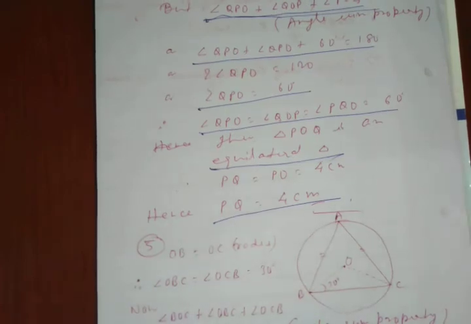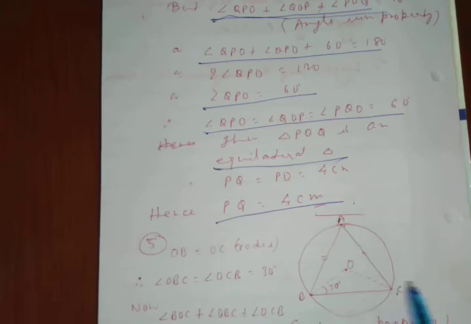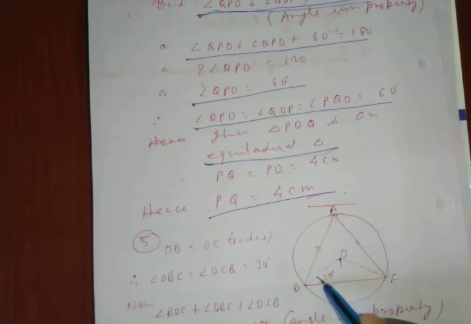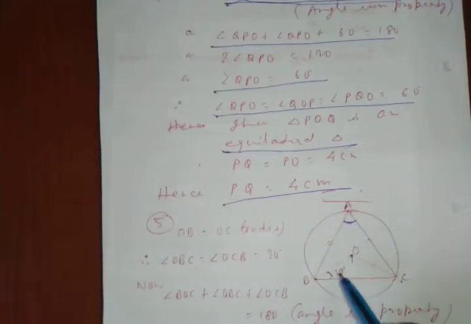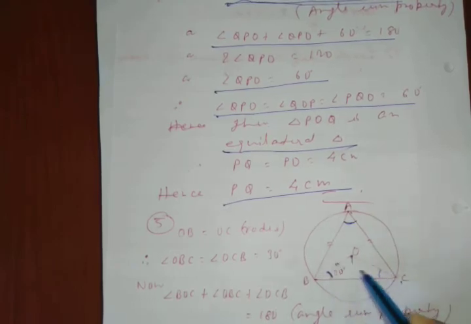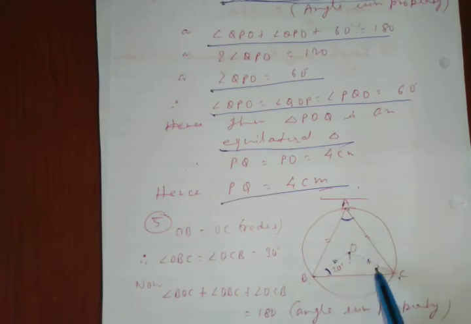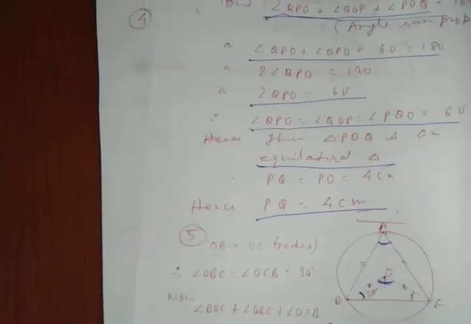And the last question: again ABC is an isosceles triangle, and the circumcircle is this, O is the center, and this angle is given as 30 degrees. Then find angle BAC, we have to find this angle. It is again easy. This is 30, then this will also be 30 degrees, because these two are equal, as these two are the radii of the circle. So this is 30, this is 30, then 30 plus 30 will be 60, then this angle will be equal to 120 degrees by the property.